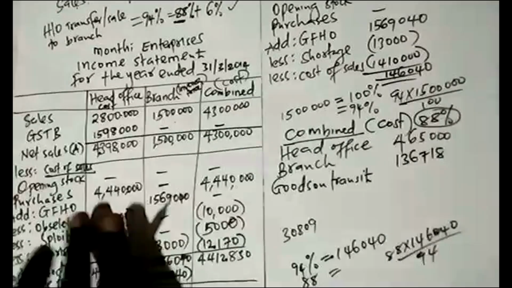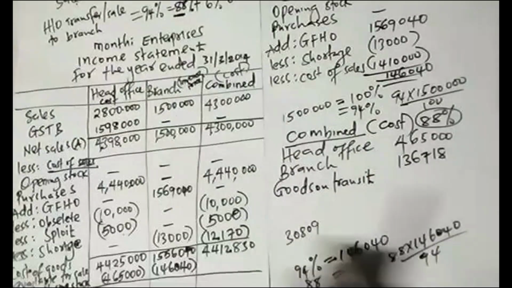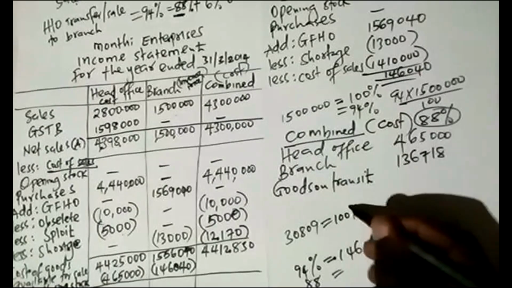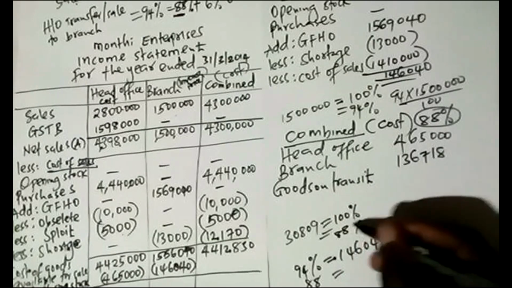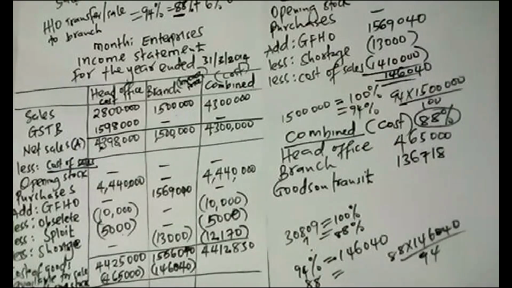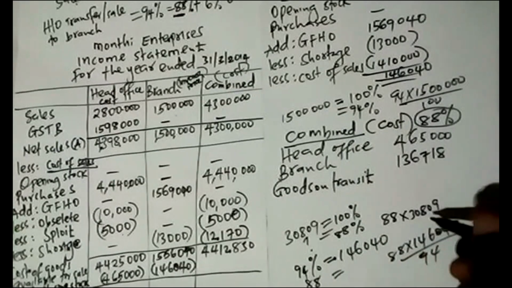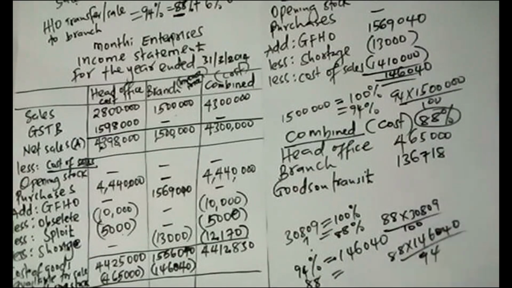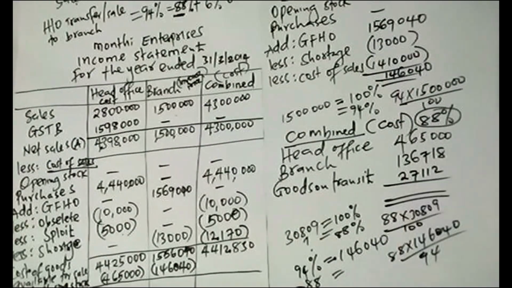And we know that our sales are made at 100%. So we need to equate those goods with 100%, of which you know that we need which percentage? 88%. We need the 88%. So you know how to do it. You take 88 times 3,809, you divide with 100. It's a matter of understanding those percentages. So if I use my calc, I'm getting 27,112. So that I will add